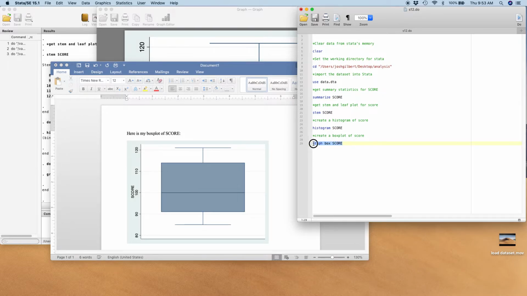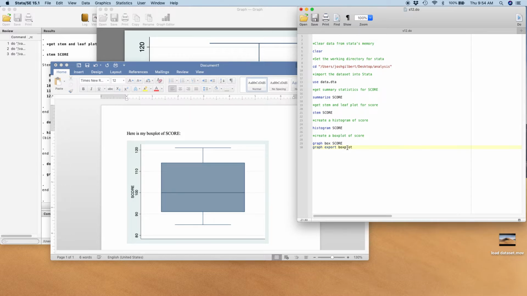Right after we do this command graph box, we can have a second command called graph export. And what this is going to do is export our image as a file to the exact same folder that we set up for our working directory. So you can imagine this would be really useful if you have 10 different graphs. You can automatically have Stata generate 10 different files for you that you can then look through and then drag into Microsoft Word. So we do graph export, we give it a name,